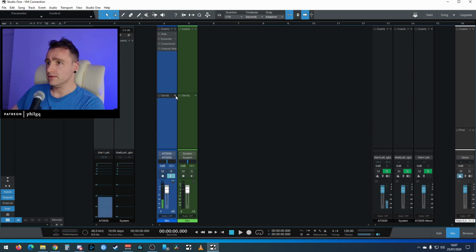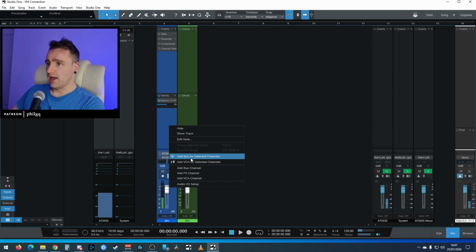Now, sends. What you can do with sends is you can send it to different places as well. So I could send that to the main. There you go, and then it's appeared on the main now because I've sent it over there. There's a type of track called a bus channel. So if you select, is that selected? Yeah, that's selected. And if you say add a bus,